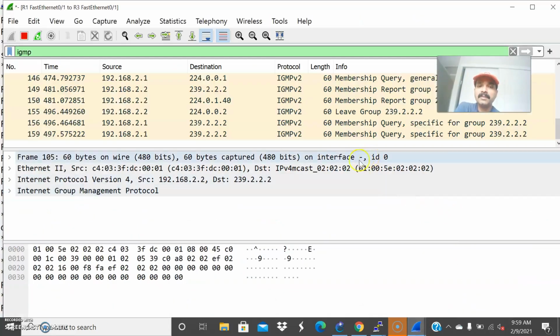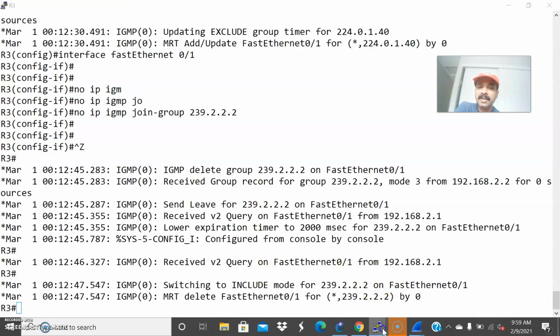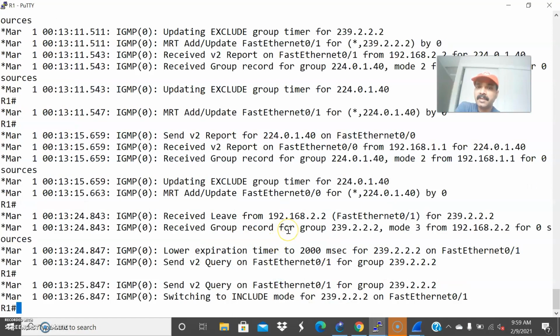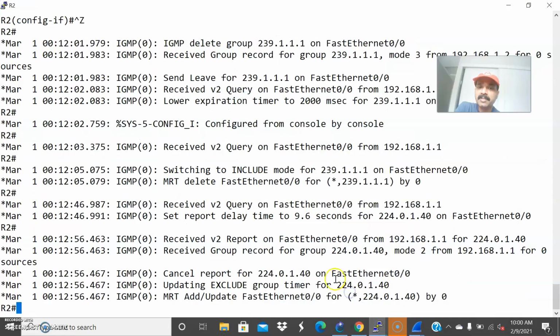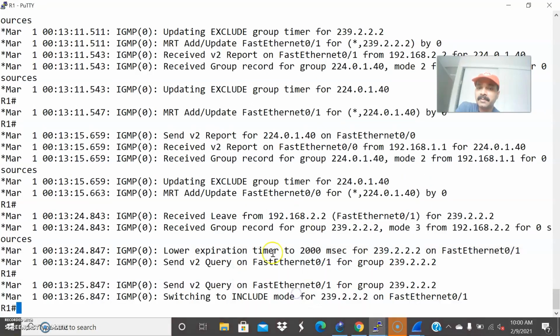Now you can see this. It is sending the leave group message from the host to the router. The router will again send the group specific query, then it will again remove the report. So you can see here the leave group message, and you can also check the other things. It will also send the maximum response time, which we call MRT. MRT is the maximum response time for the host. Each and every time it will send the maximum response time, an interval of 0 to 10. So these are the things.